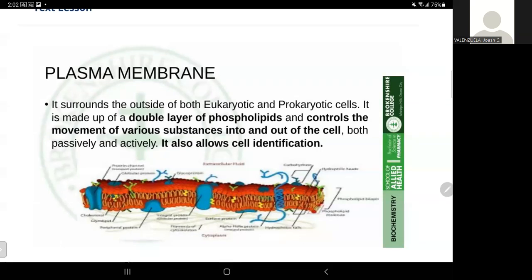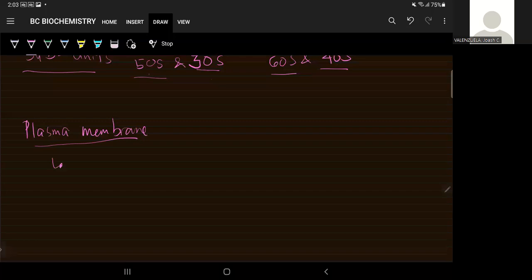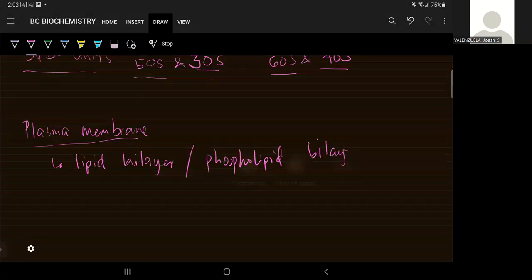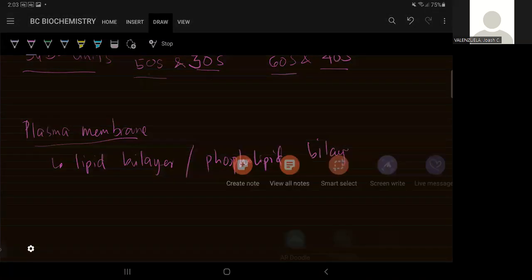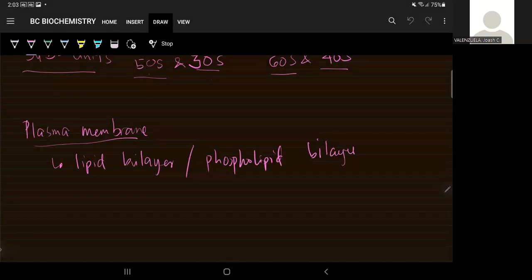Your plasma membrane is a lipid bilayer or phospholipid bilayer. Sorry, that's wrong spelling mo siya. Okay. Phospholipid bilayer, no? And your plasma membrane is what we so-called a selectively permeable